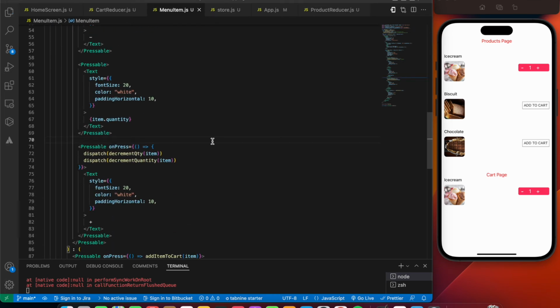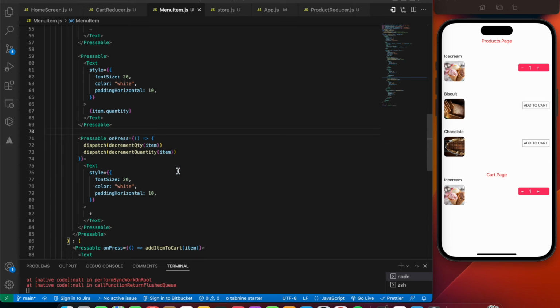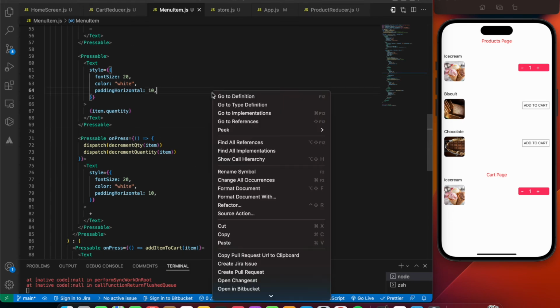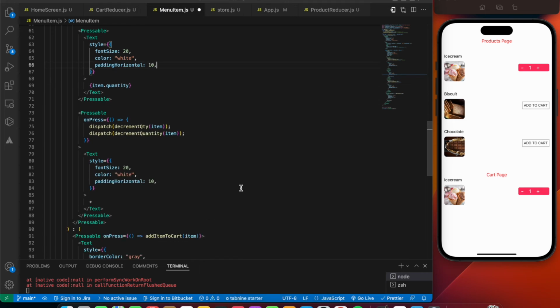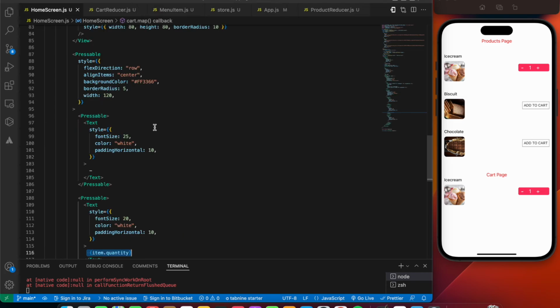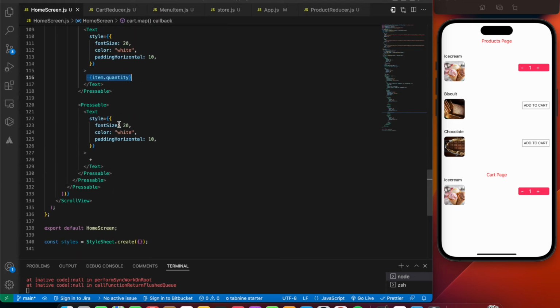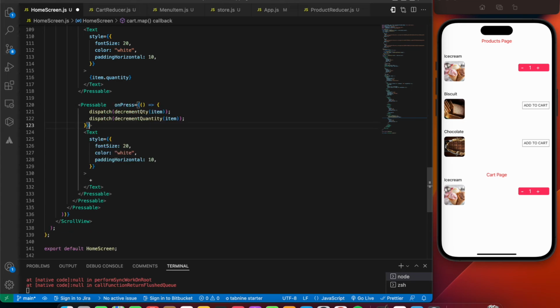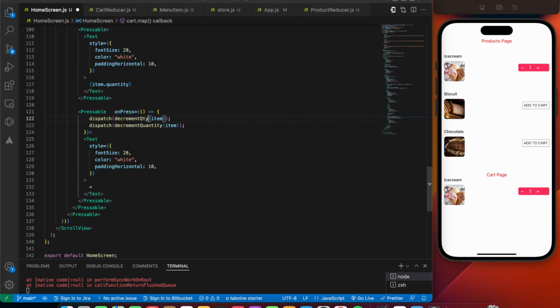So save the file. And the same thing we'll be doing for our main home screen where we have the cart page initialized. Okay, so I'll just be copying the same thing. So this is going to come for the plus button inside our cart page. So pretty much paste it over here and import our required details, that is decrement quantity, increment quantity.